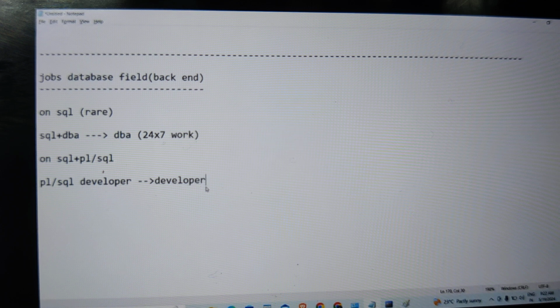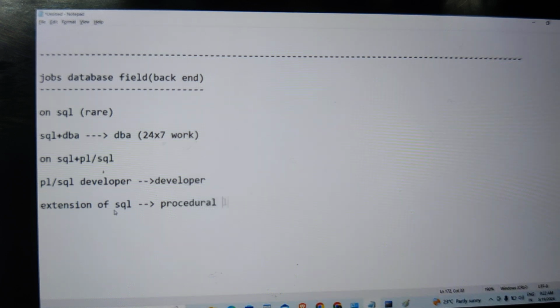What is PLSQL? PLSQL is a procedural language extension to SQL. It is procedural, meaning you can write programs. SQL is a structured query language; we have not touched any looping statements, conditional statements, processes or triggers. But SQL is not a programming language, everything we write is a query. Here we can write conditional statements like if then, looping statements, procedures, packages, functions, triggers and more.